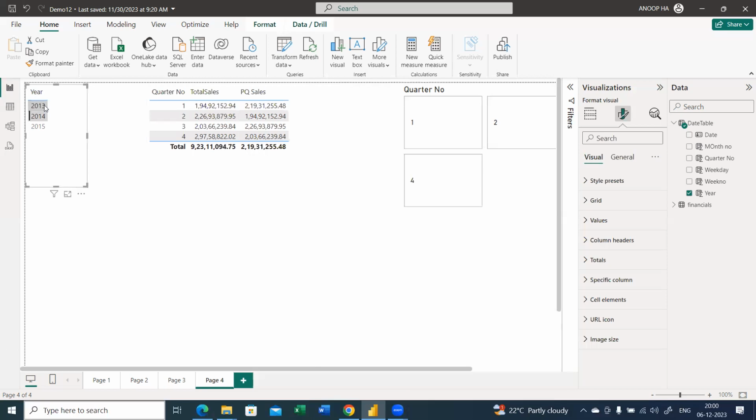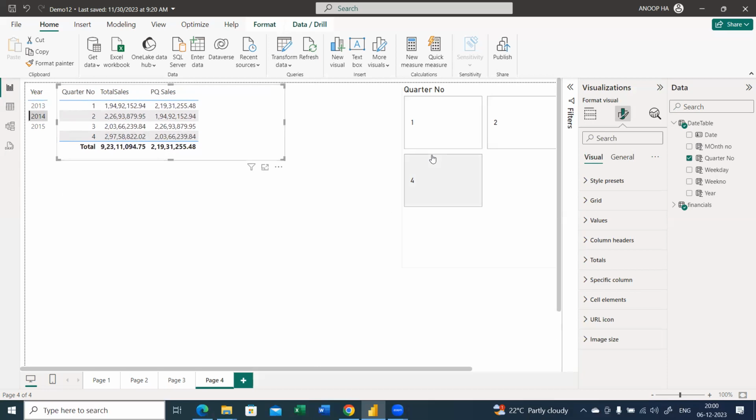Now, if I just select both the things, we have got quarters of both. Here's a different quarter, right? Now, in the same way, we can find out a new measure,